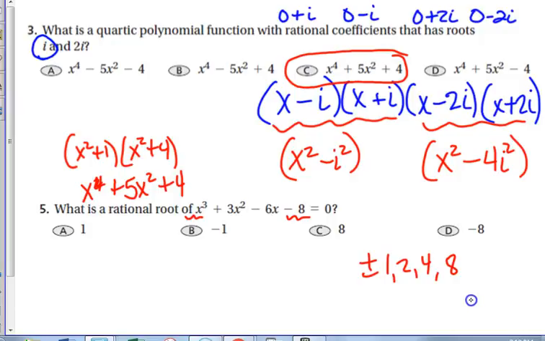Now, that's not very helpful because all of those choices are still there, right? Can't eliminate anything. Okay. We can, yes, we're going to graph it. That's what we're all going to do. But I want to talk for a second about the remainder theorem because that's important today for the test on